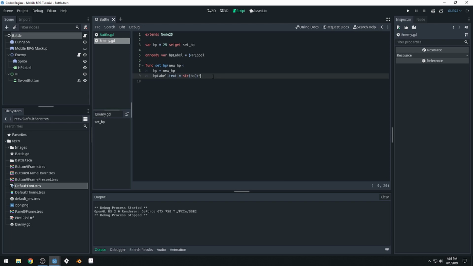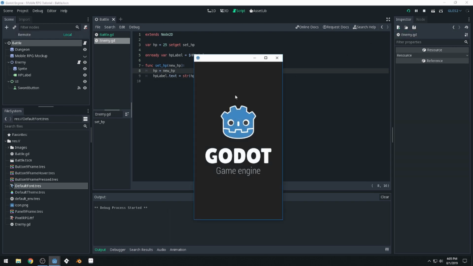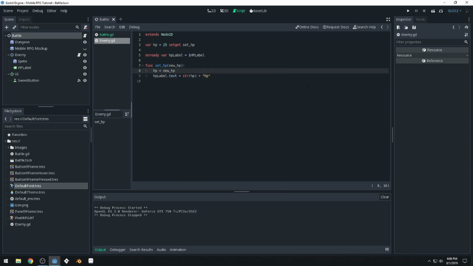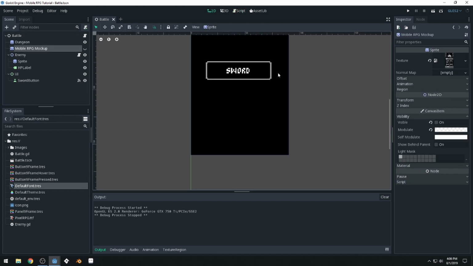Now let's add to that string value, we'll add the HP as well so that the label doesn't go away. Now each time we attack, the HP lowers and it works perfectly. Good work. Okay, and I think that's going to be it for this video. Well, actually, let's put in some of our other UI elements. So turn on that